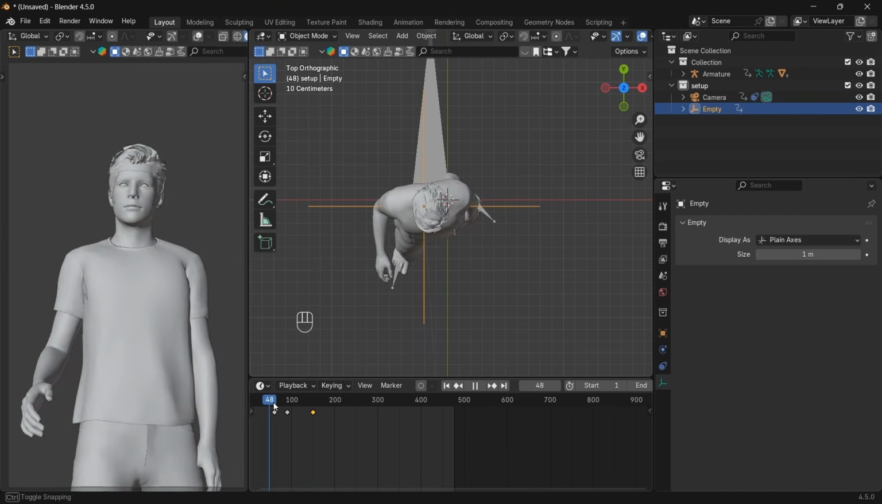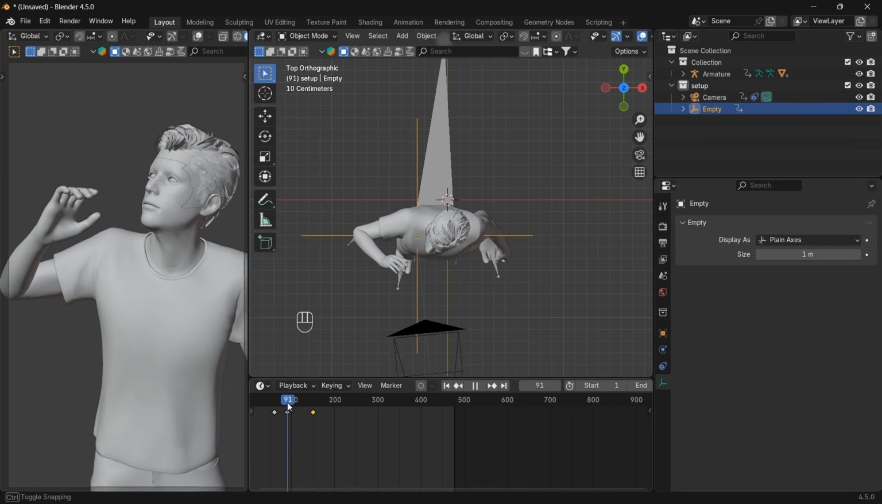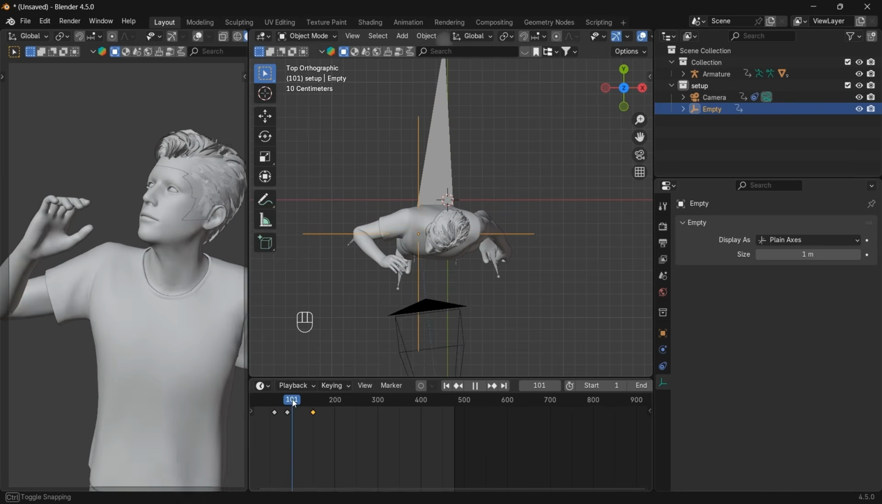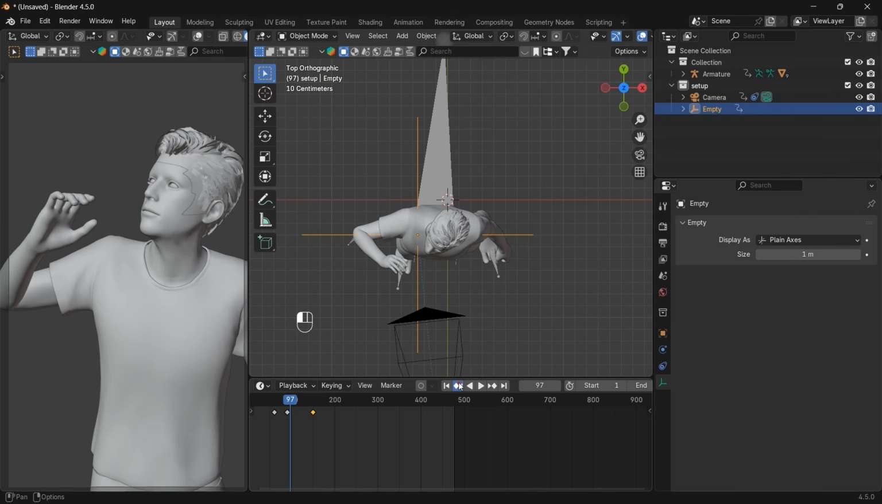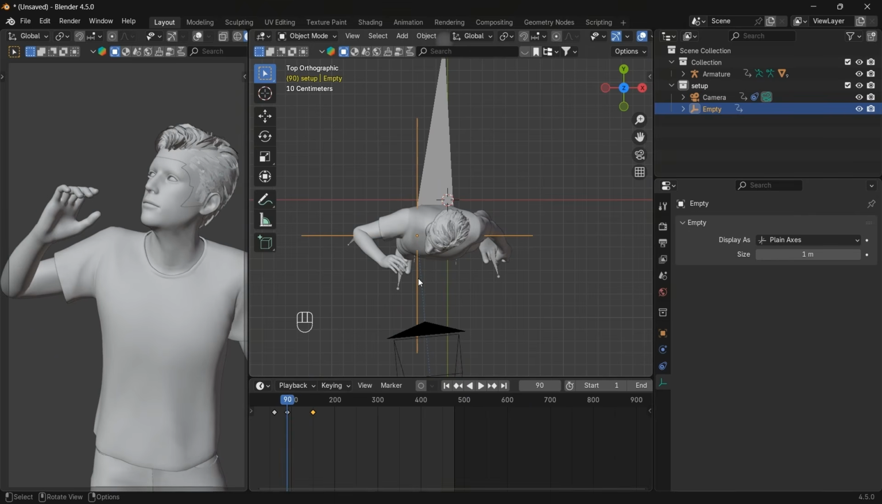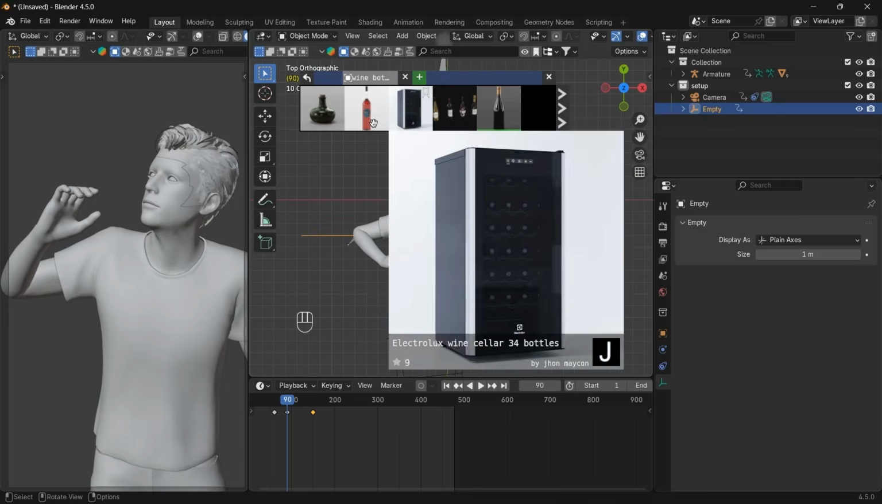Okay, this is fine. The camera movement is not as good as I'm thinking, but we can fix that later on. Now I'm going to add a wine bottle in his hand at frame 90. I'm using the BlenderKit add-on for this purpose,